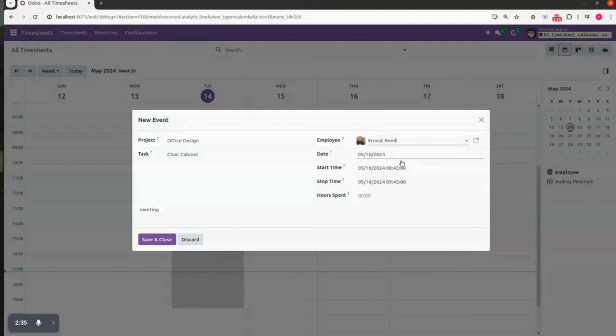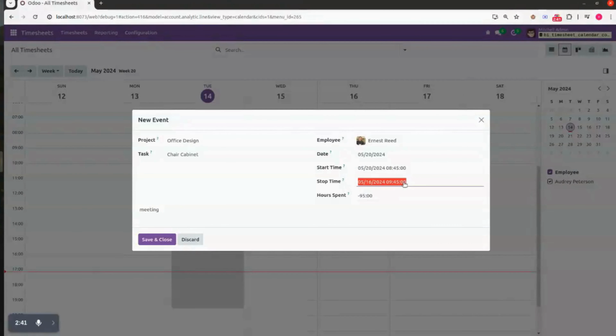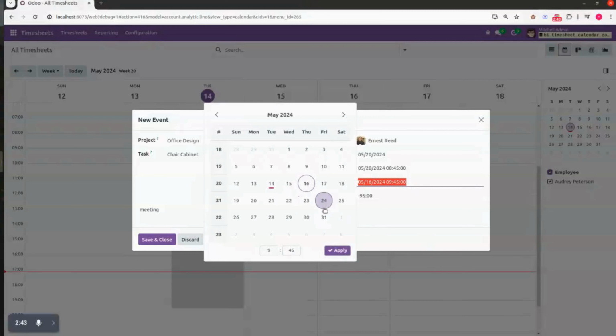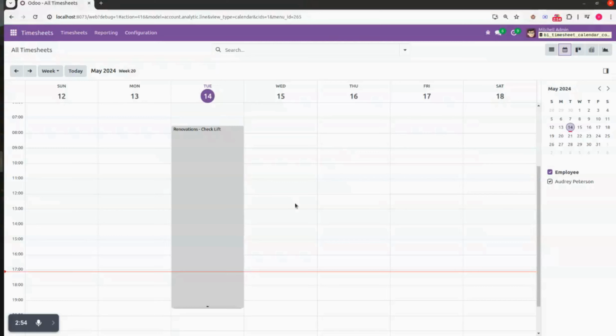The date will be given, and the timing from which week, that is from the 20th of that particular week to the next week, that is 31st or 30th. Based on that particular week, you can select the date and hours spent will be coming automatically. If you save and close this, you will be able to view all the information calculated for that particular week. I'll go to the month view.